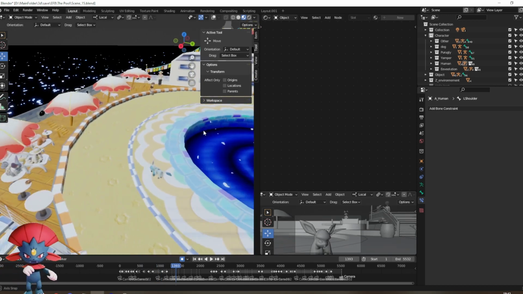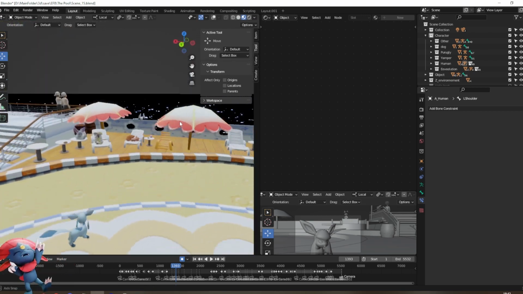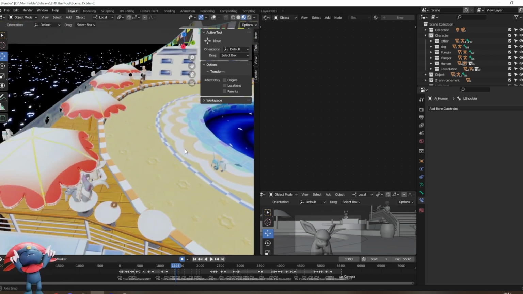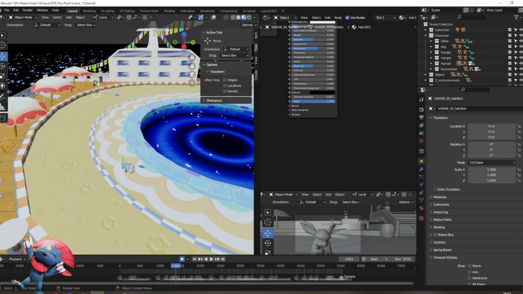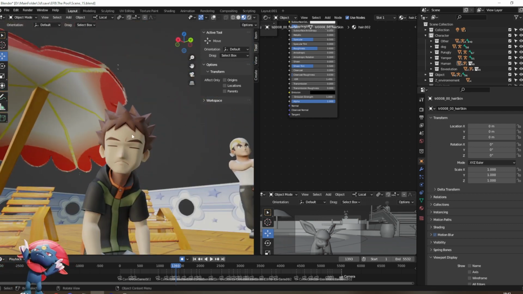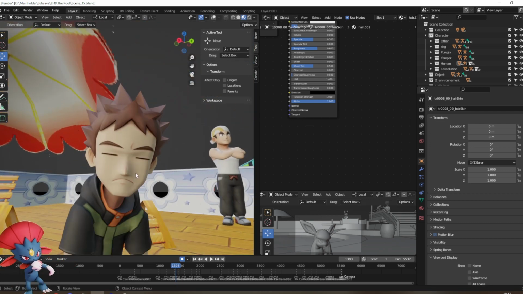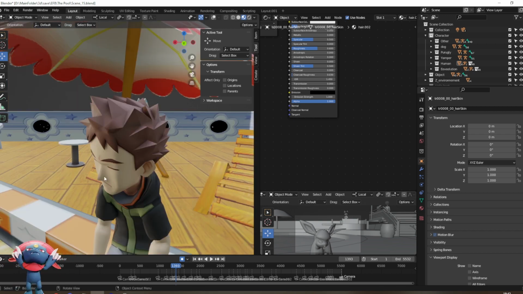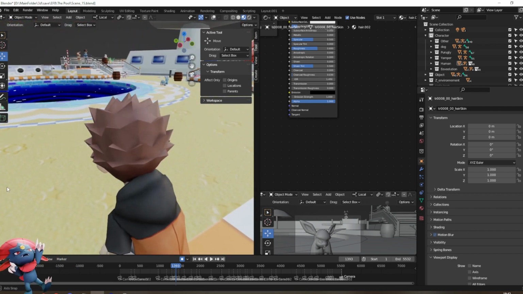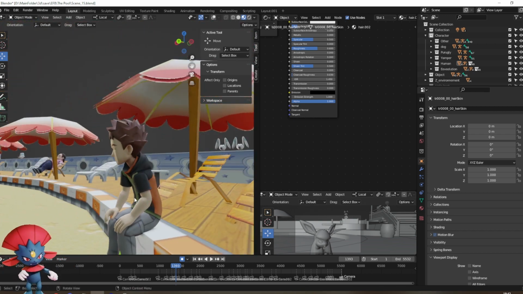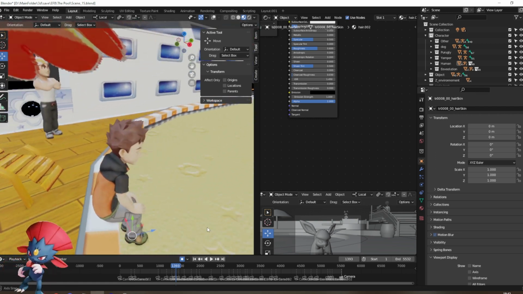And if I show everyone, the scene looks like this. And here there is Brock. Hello Brock. He is sad because I was supposed to do a joke with him and a girl, because he wanted to have a girl, but nope. I didn't animate this, so he's standing here sadly.